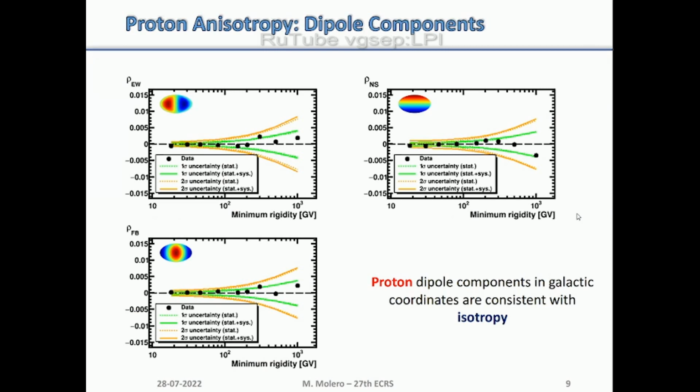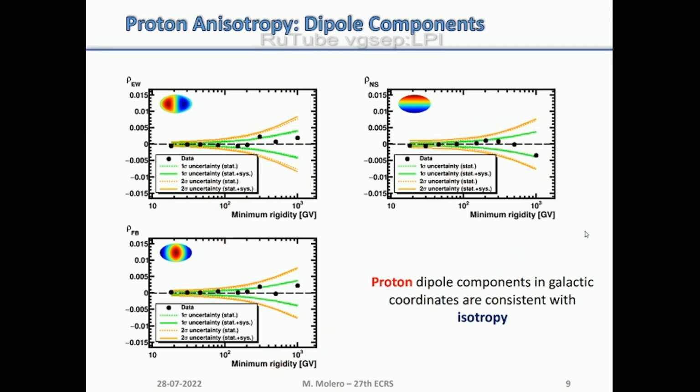Once we have all this into account, we can compute the anisotropy, and what I show here are the three dipole components: east-west, north-south, and forward-backward, where the black dots correspond to the data points. The green and yellow lines correspond to the 1 sigma and 2 sigma error bands, and the solid line corresponds to the statistical plus systematic errors, and the dashed one to just the statistical ones. As you can see, all the data points are within 1 or 2 sigmas, so this is consistent